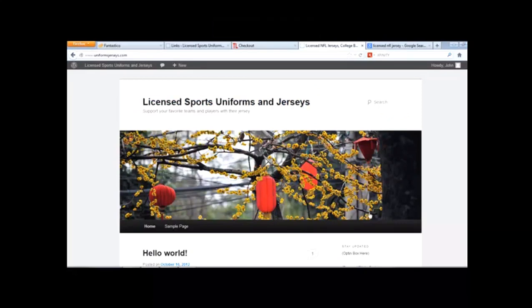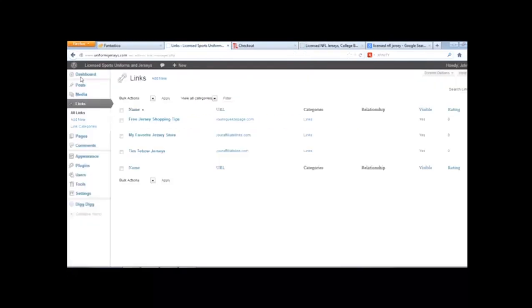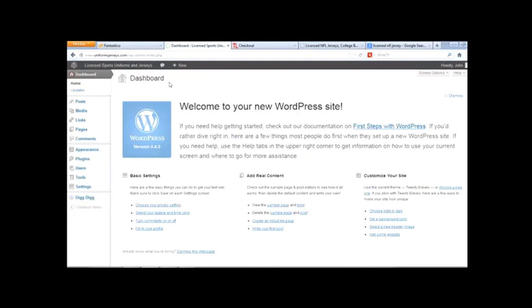So the next thing we need to do in getting our first WordPress website going is to remove this banner that shows up here, because most of the time it's not going to relate to your niche. So what we're going to do is go back to the dashboard section, which again, if you ever get logged out, it's just